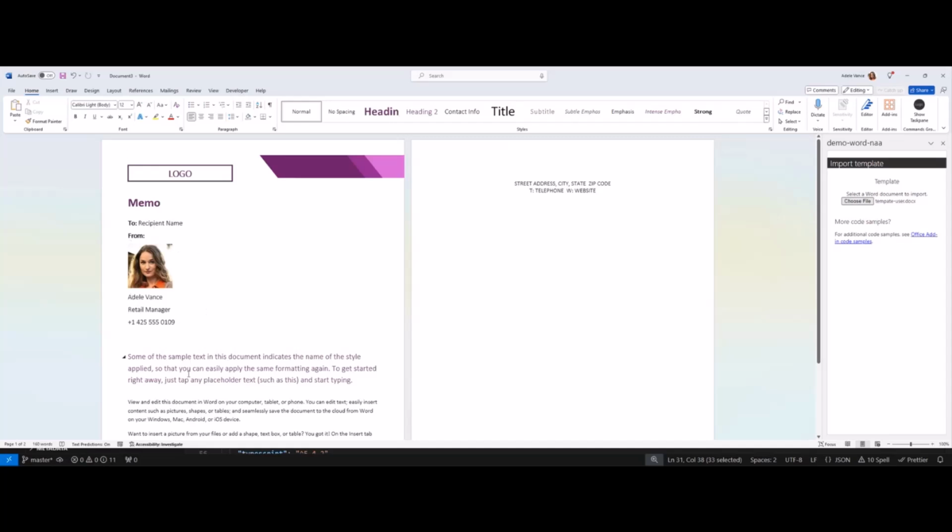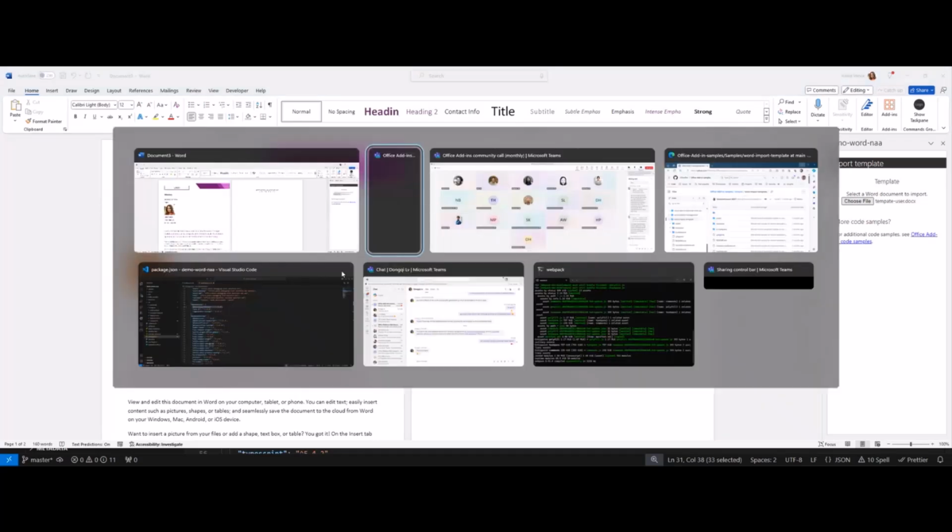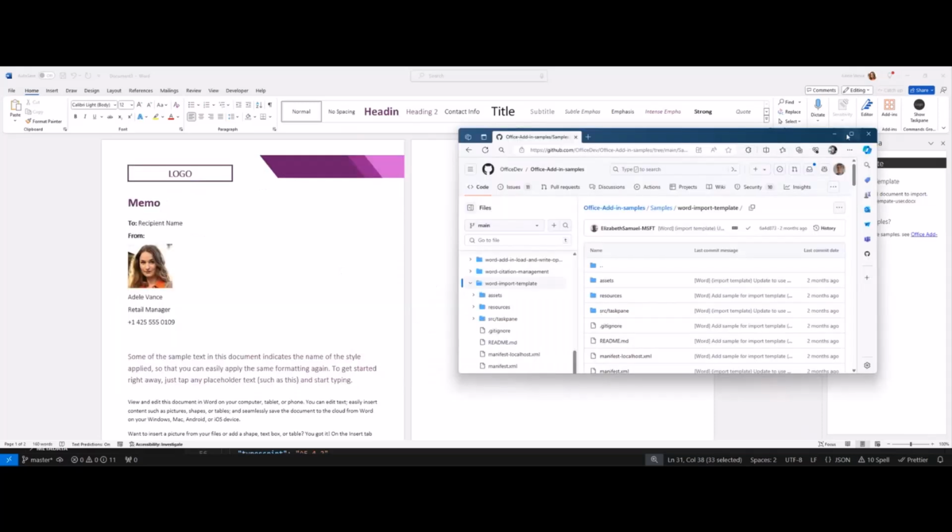You could go through and have more content controls and fill out depending on what you want to get from Microsoft Graph and put in there. This is a pretty cool way of using NAA, and it was pretty simple to add. So I was going to show how I did that. The sample itself